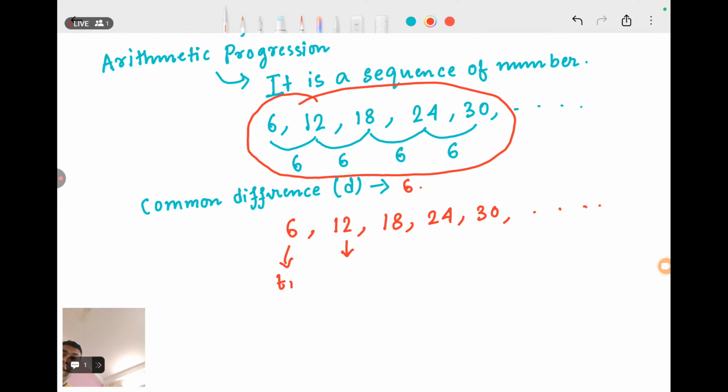ये कौन सा टर्म है? टर्म 2. ये कौन सा टर्म है उसका? टर्म 3, T3. ये कौन सा है? ये है आपका T4 और ये क्या है? T5. ठीक है ना? तो जो कॉमन डिफरेंस है उसका फॉर्मूला है